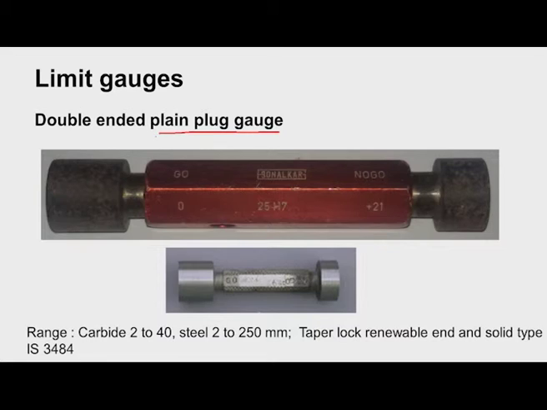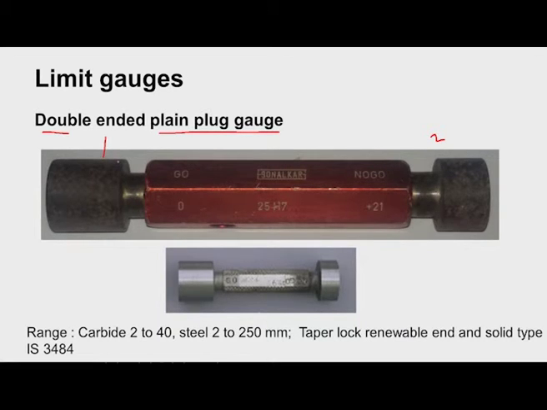So, it is called the plane plug gauge. This is used as a plug, so we say it is a plug gauge. Since the two gauging surfaces are there, this is the first gauging surface and this is the second gauging surface. They are mounted on both sides of the handle, this red part is the handle. So, the gauges are mounted on both the ends of the handle. So, we say this is a double ended plane plug gauge. Now, what we should understand here, there are two gauging ends.